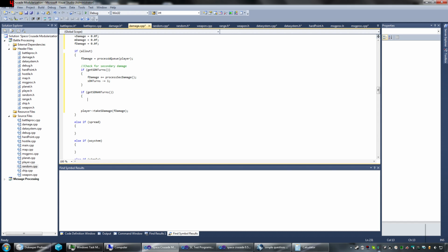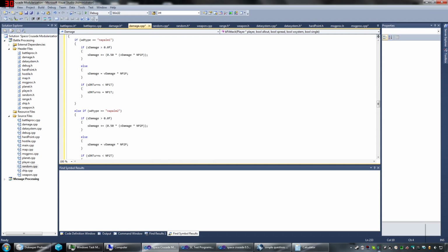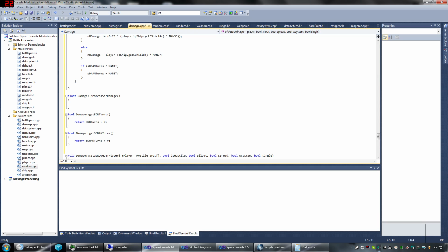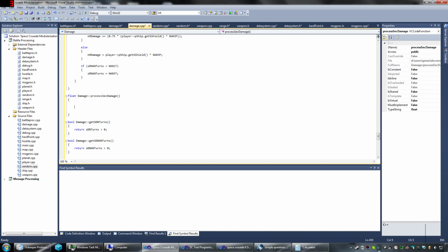So with this one we just go to, we'll say F damage plus equals process sec damage, but we'll return 0 in this case. SD nan. Okay, so now we got these done, we have to come down here and do this. So, let's see. This is processing the secondary damage, so we have to return the damage that's being done. So,